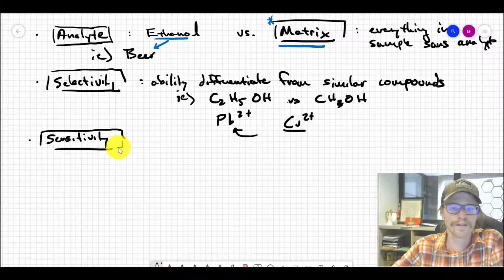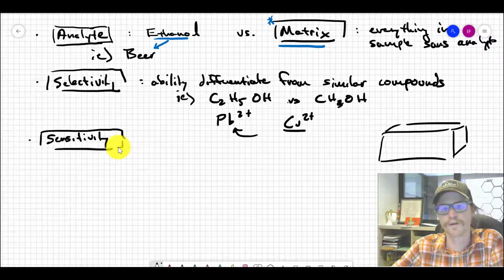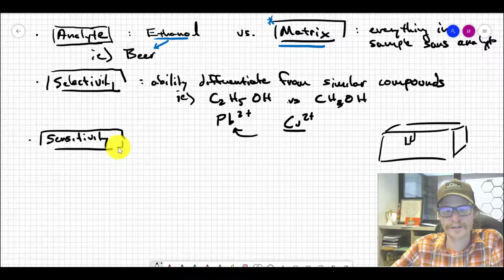If you wanted to calibrate a spectrometer, you would have your spectrometer. It looks like this. If you remember back from Chem 107 or 108, these things are Spec 21s. You take and put your cuvette inside of there. You've got a lamp over here. It shines light through your cuvette with your sample in there, bounces off a detector, and then we read out